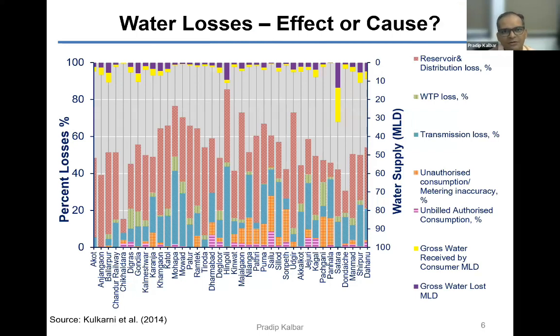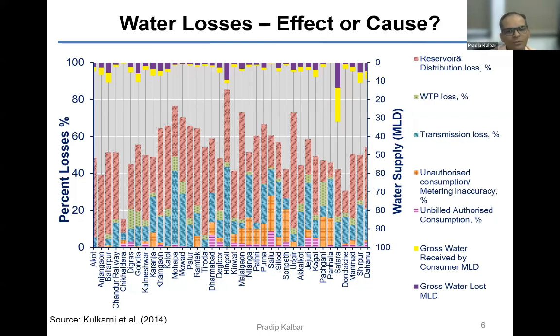You can see there are water losses in the entire system that we are running. As per the manual, 15% losses are admissible, as all of you know, all of you being water practitioners. But we have 30, 40, even 50% water losses in many situations. Now, one question is whether it is an effect or a cause. Many will conclude this is the effect of poor management, but it is also causing and reinforcing the water losses itself. So we are stuck in a situation where determining what is the effect and the cause is very difficult.